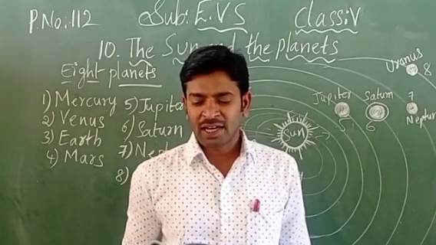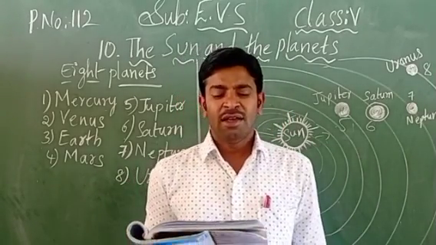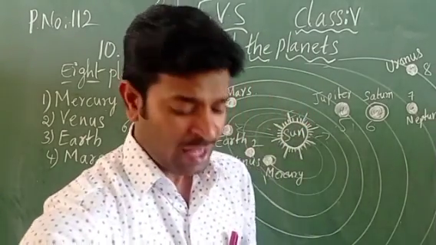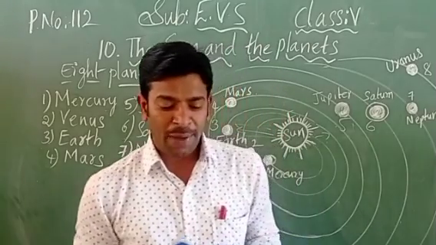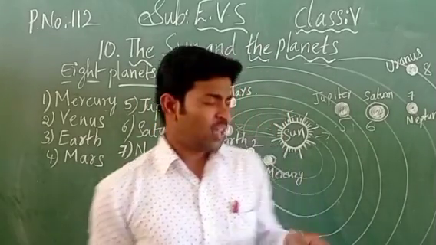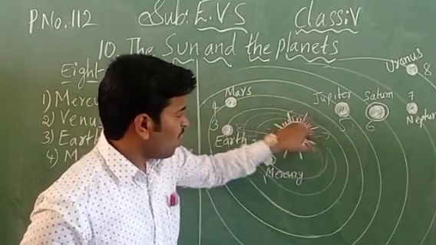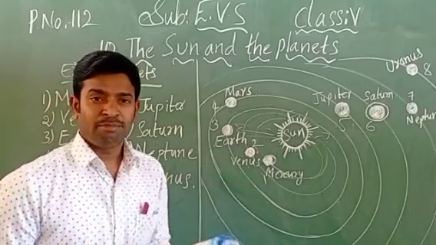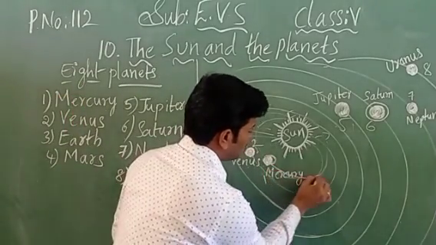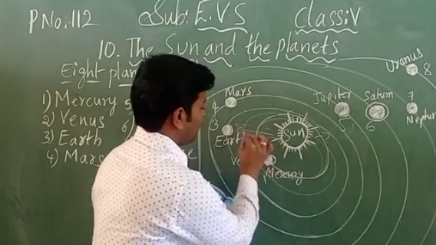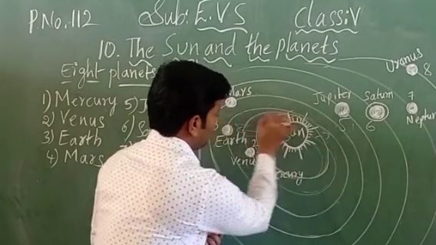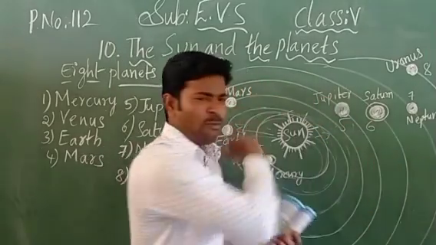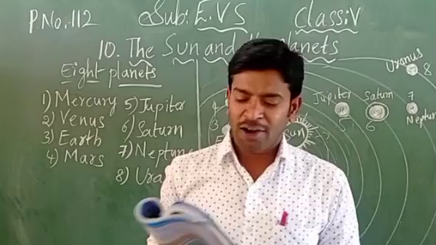Next one. The planets revolve round the sun in a particular path. This path is called an orbit. Already I have explained, no? Yes. See here. This planet is revolving round the sun in a particular path. The particular path is nothing but this route, children. It is moving in the way, round, round, round. Yes or no? So Jupiter is moving in its own orbit. So what is it called? It is called the orbit.